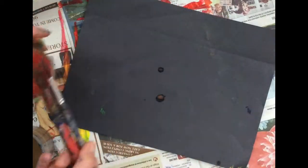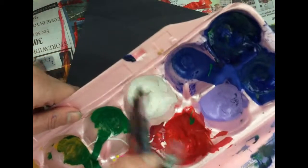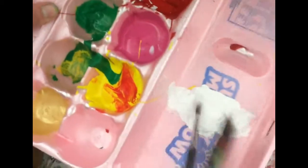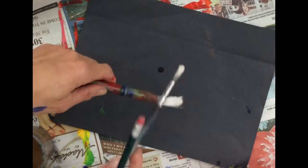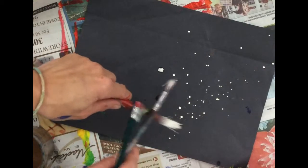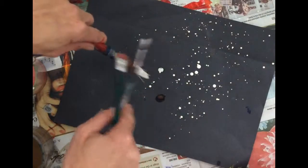Now you're going to take some of the water, and for the stars, we're only going to be using the white paint. I like to add a little bit of water to make it watery. So I'm going to mix it up right over here, and I'm going to add some water to it because you want the paint to be kind of runny or watery. Now, once I have some paint on my paintbrushes, then I'm going to take the small paintbrush and I'm going to start tapping it. And you can see when you tap them together, it makes lots of little